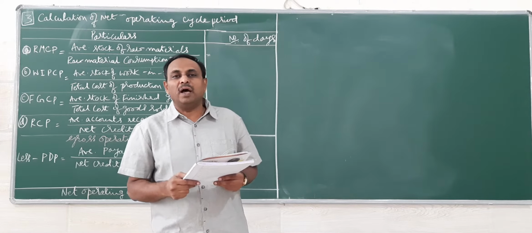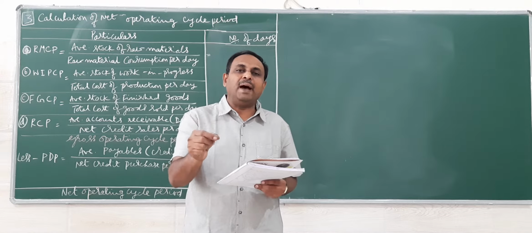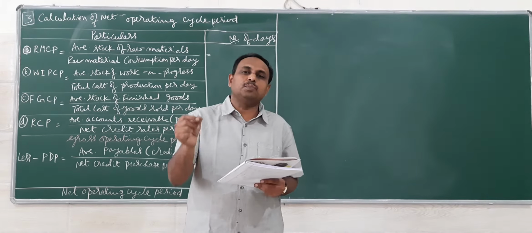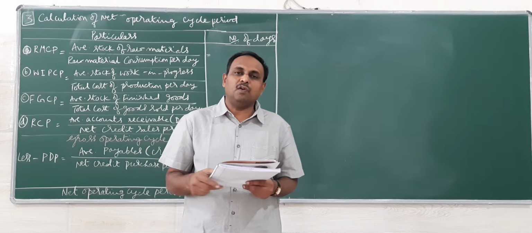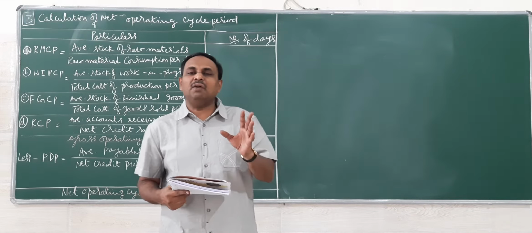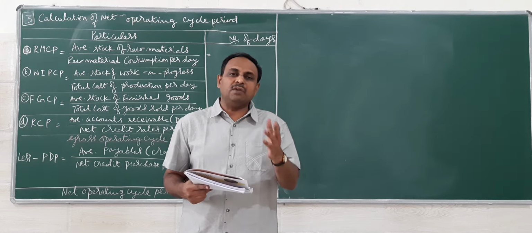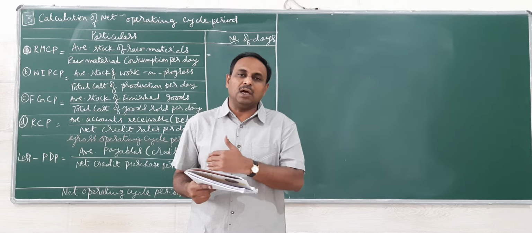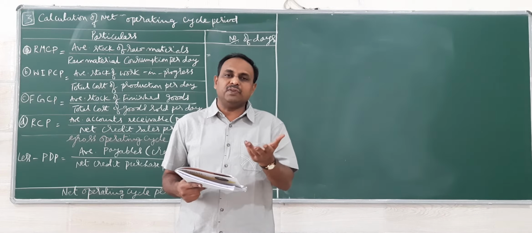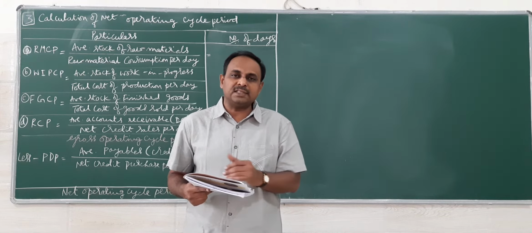In this problem you have a profit and loss account and a balance sheet. So we have to use both for the calculation of a lot of the information given here. All the information is not available in full. For that we have to go for some calculations, then substitute the formula. In the previous two problems we had all the information straight away, and we substituted and got the answers straight away.